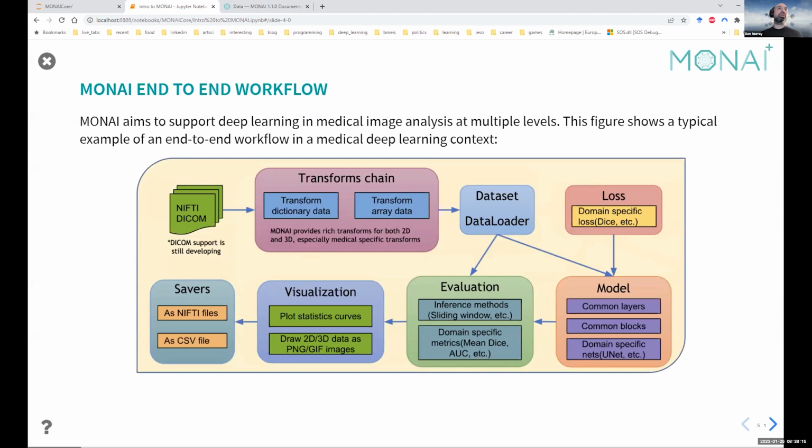So here's a typical MONAI end-to-end workflow. We might start off with some NIfTIs or some DICOMs. We'll want to transform that data. In order to transform that data, we will have to load that data and treat it as part of a dataset. We will have to have that data go into a model, and that model is typically trained by running it